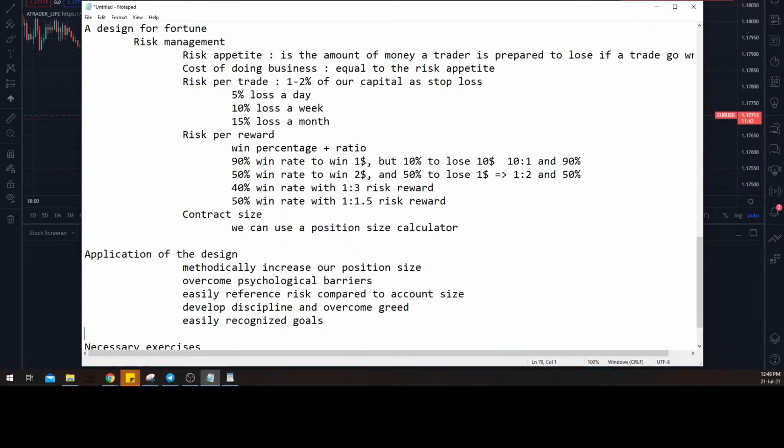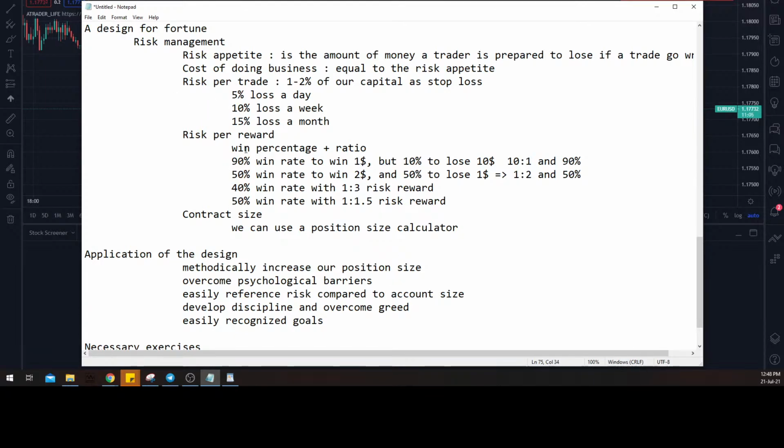So we have these ones, but by applying this risk management and by having the data and the statistics in it, it's going to help us understand when we can increase our lots. For example, like I said previously, instead of 2%, maybe we can use 2.5%, or instead of 1%, we can use 2%, and so on. And by seeing that things are working most of the time, we will have the statistics to prove it. It's going to help us overcome the psychological barriers,